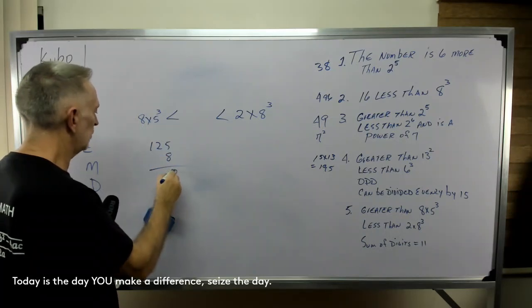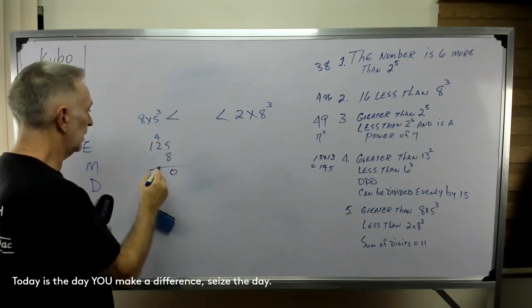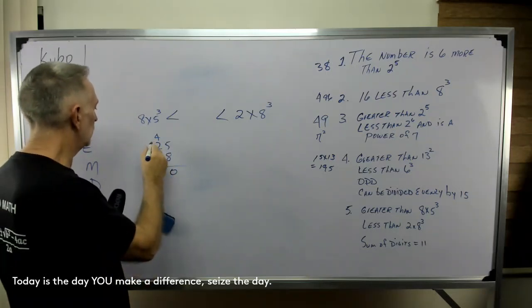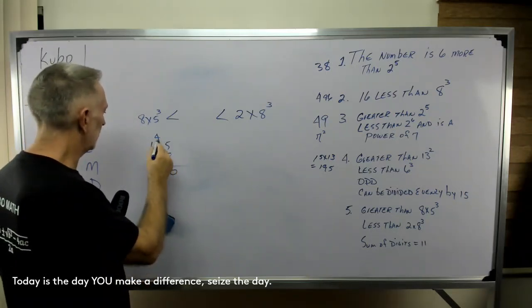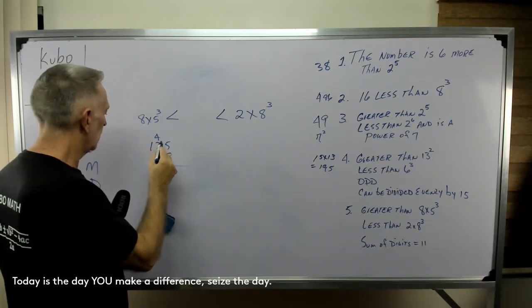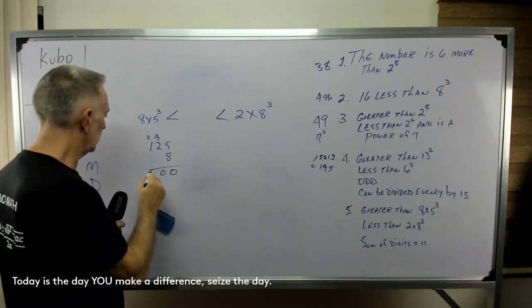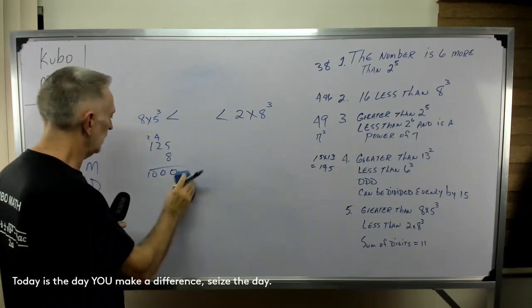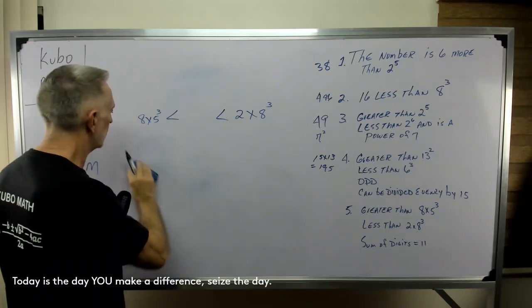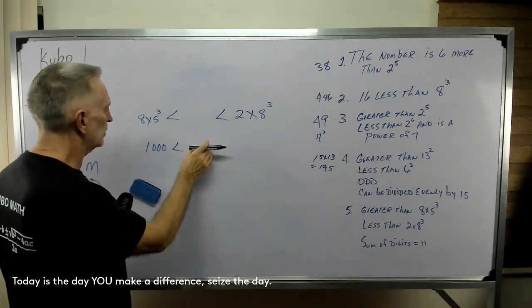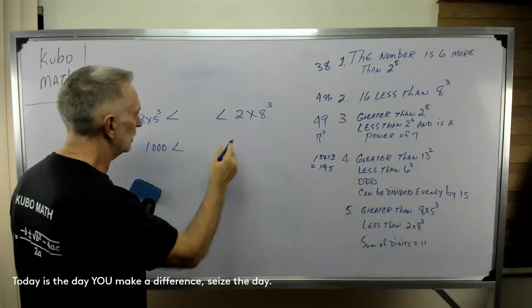Now then, we've got 8 times that number. 8 times 5 is 40. Carry the 4. 8 times 2 is 16. 16 plus 4 is 20. Carrying a 2 here, 8 times 1 is 8, plus 2 is 10. So that number is 1,000, and it's less than some number that's less than 2 times